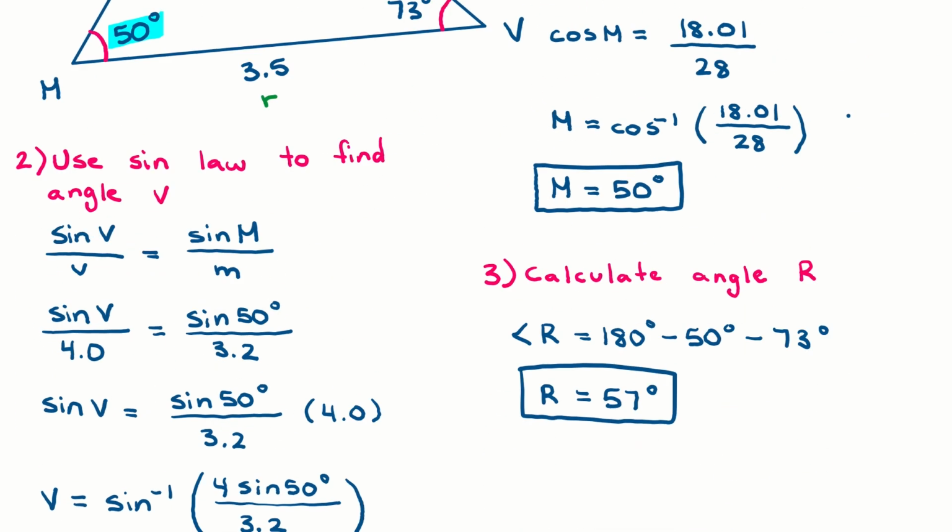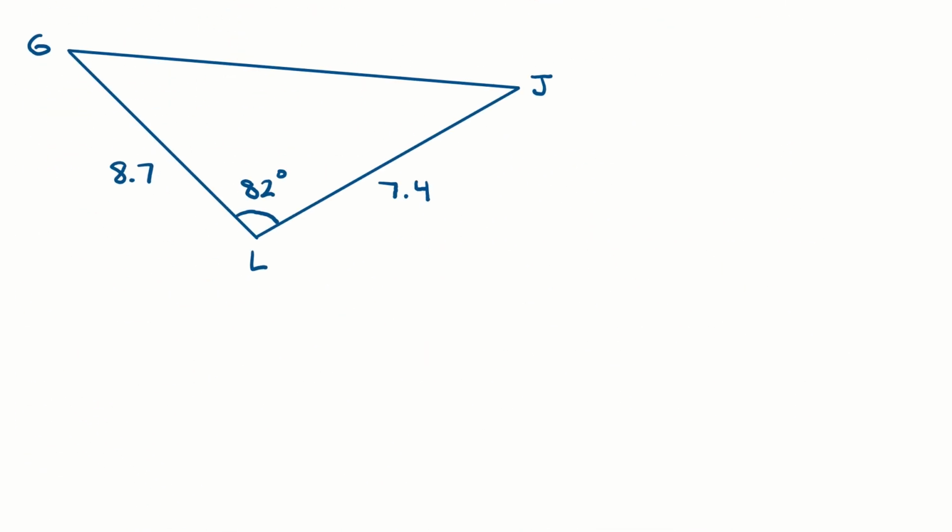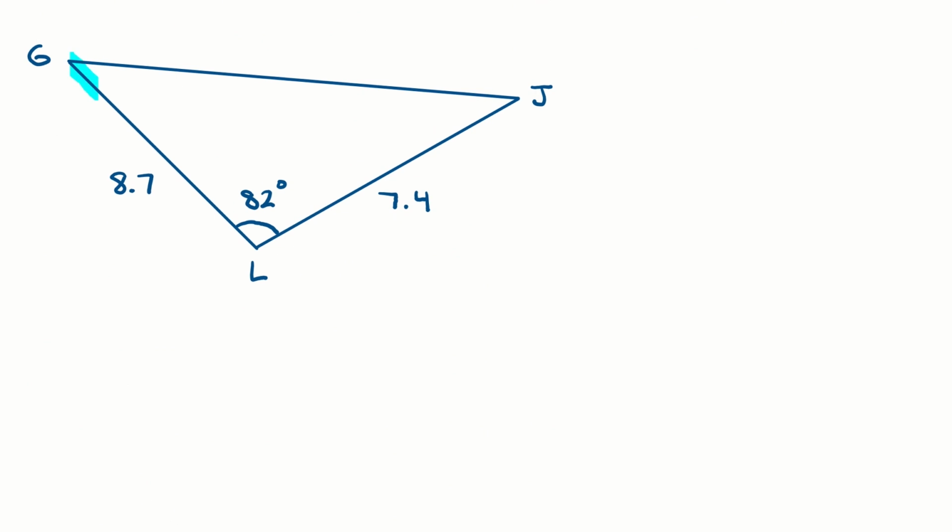Let's look at one more example where we have to completely solve a triangle. So this is triangle GJL, and we need to find one side is missing and two angles are missing. So we have two sides as well as the angle between them, which should tell you that we are good to use cosine law. And we can use cosine law to find this other side, side L. I'm going to put it in cursive so it doesn't look like a 1. So our first step here is calculate